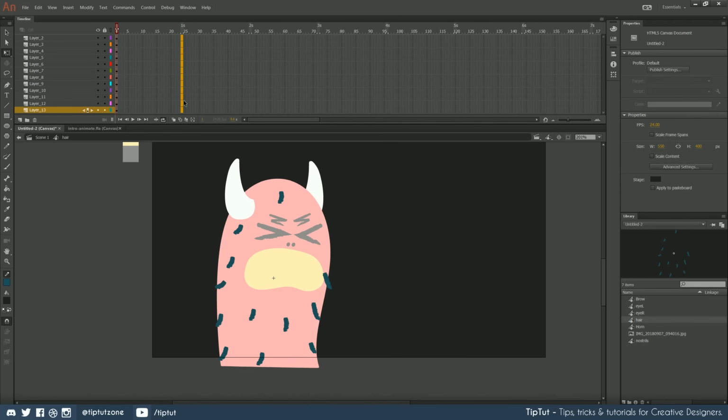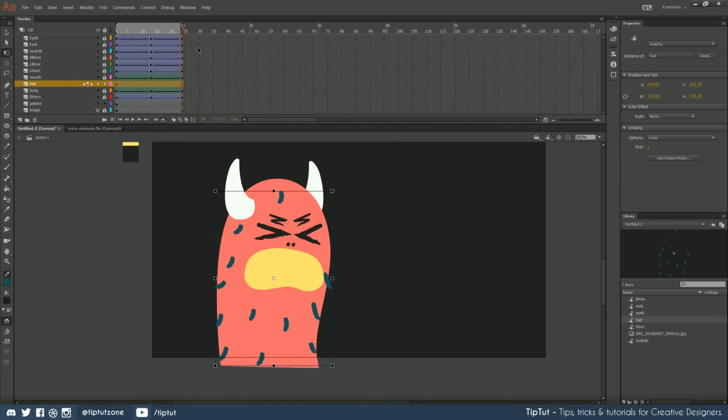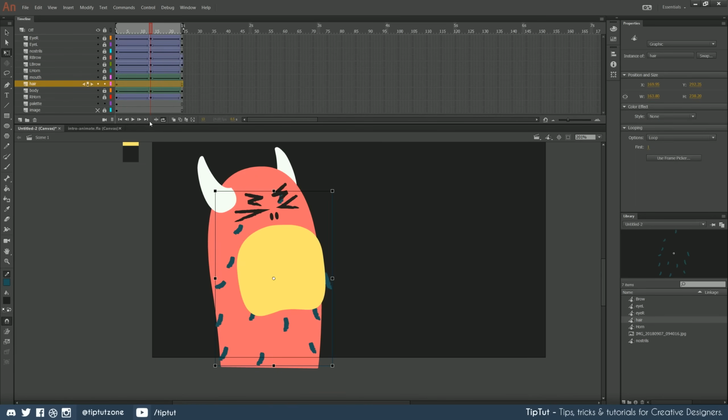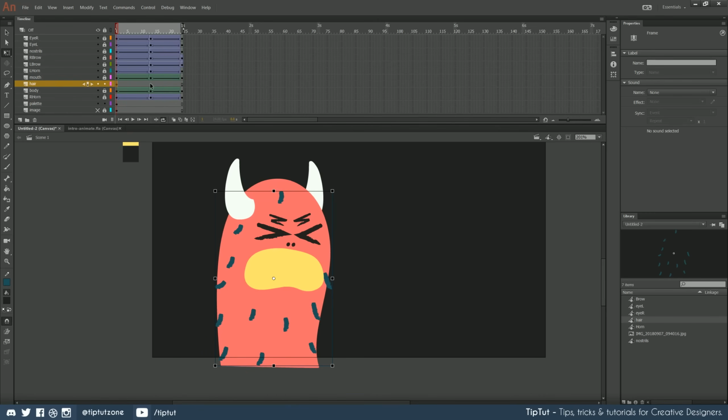So I'm going to go to 1 second and hit F6, and I'll just quickly show you that outside of our timeline here, we've now moved to the correct frame. So we're on frame 24 outside of our symbol, and inside of our symbol, we're on frame 24. Okay. If I move to frame 12 and it had a keyframe, you can see that that lines up. However, there's no keyframe on this symbol of our hair.